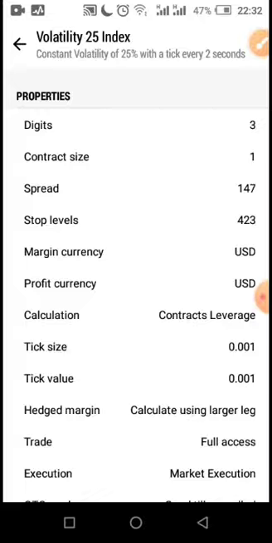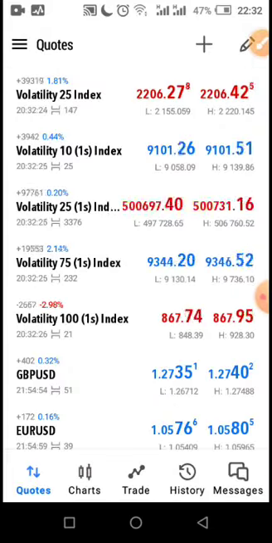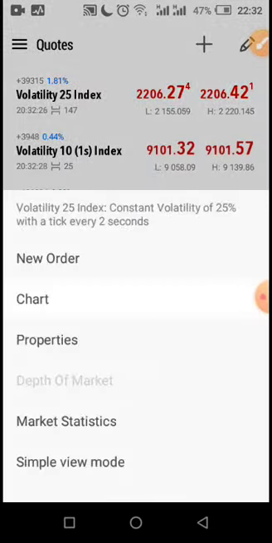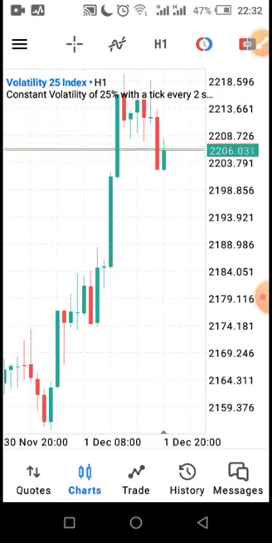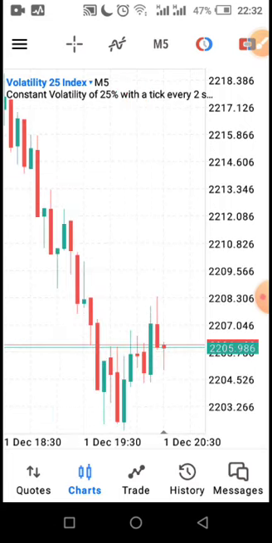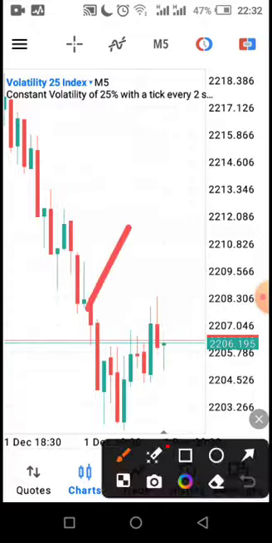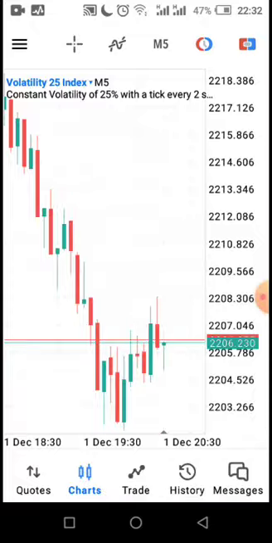But theoretically, they will not change as much as those of financial instruments. So that's another advantage. And also the spreads for synthetic indices will be smaller,